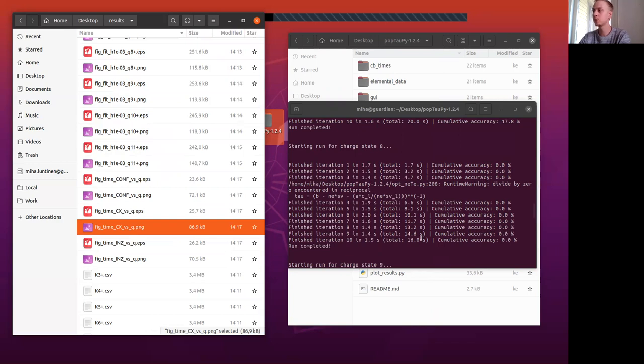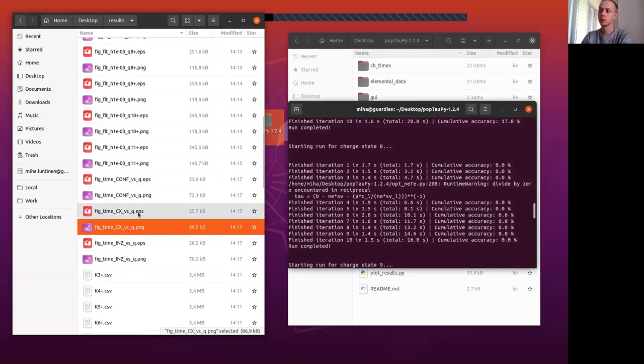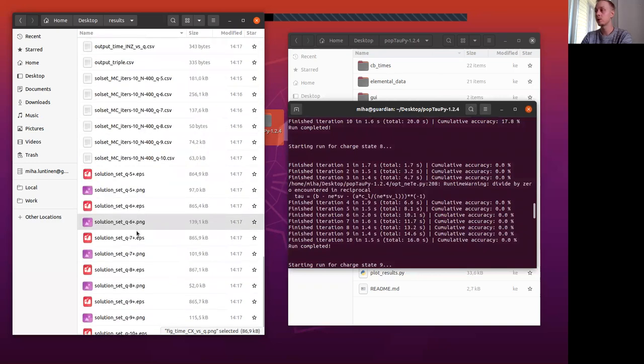So 8 plus is usually the one that fails. If we had used a denser electron density grid and more Monte Carlo iterations, this wouldn't have happened. So that's why you have to use